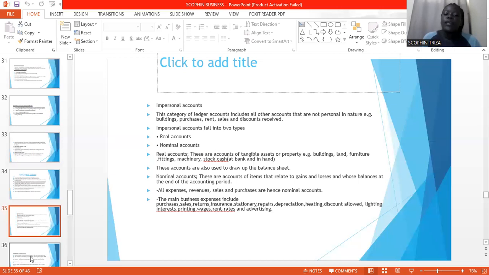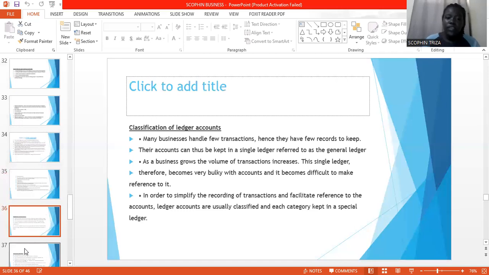Now, some of the business expenses include parties, sales, insurance, stationery, repairs, depreciation, heating, discount allowed, lighting, interest, printing, wages, rent, rates, advertising. You can name them. Some of the classifications of